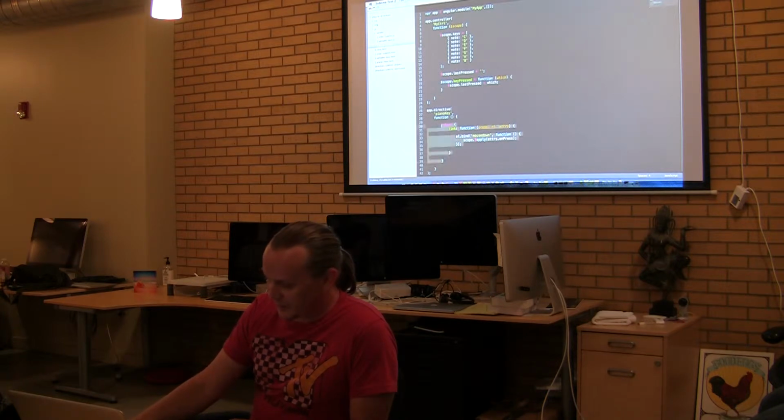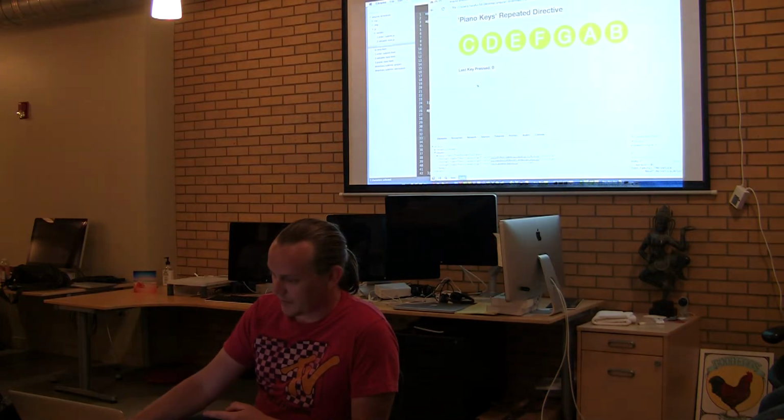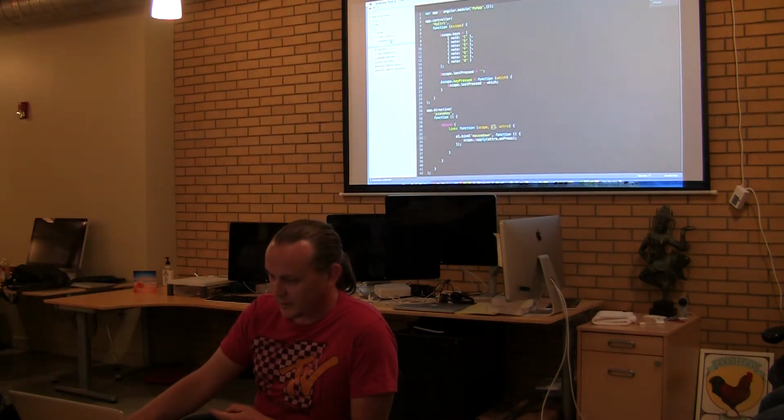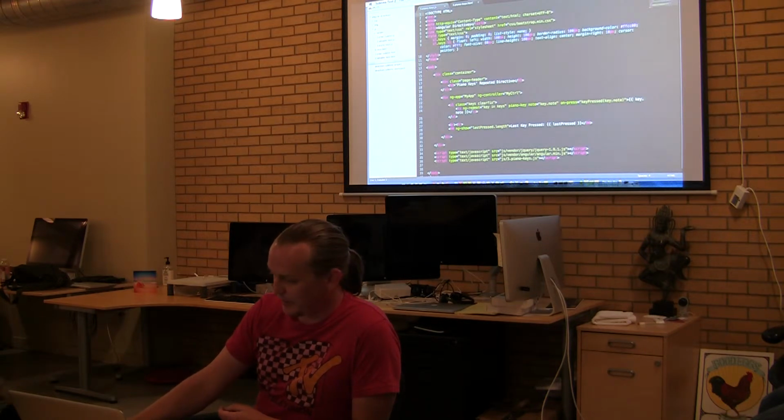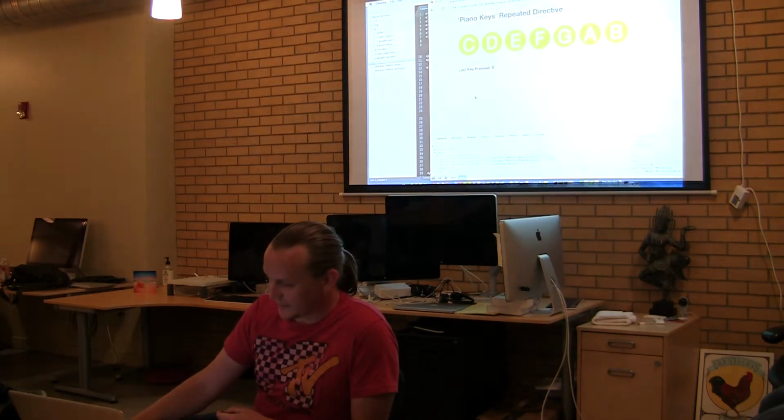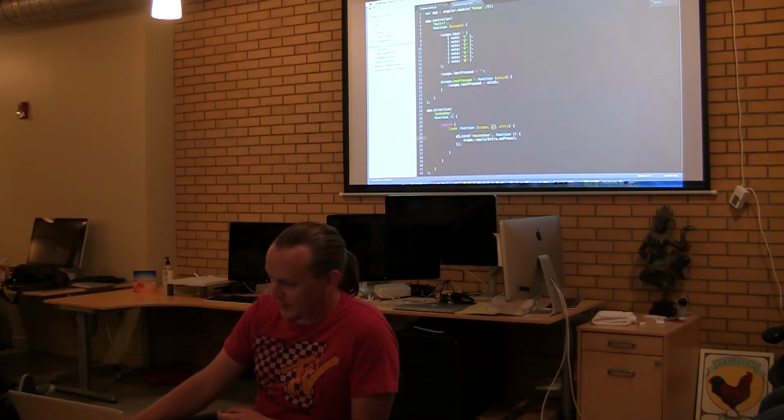My directive is just as simple. I'm returning a linking function. Again, I could just return a function if I wanted to. And then for the element, which is actually the list item, because I'm running the ng repeat on the list item. So the element is the list item. And just binding a mouse down event. And then